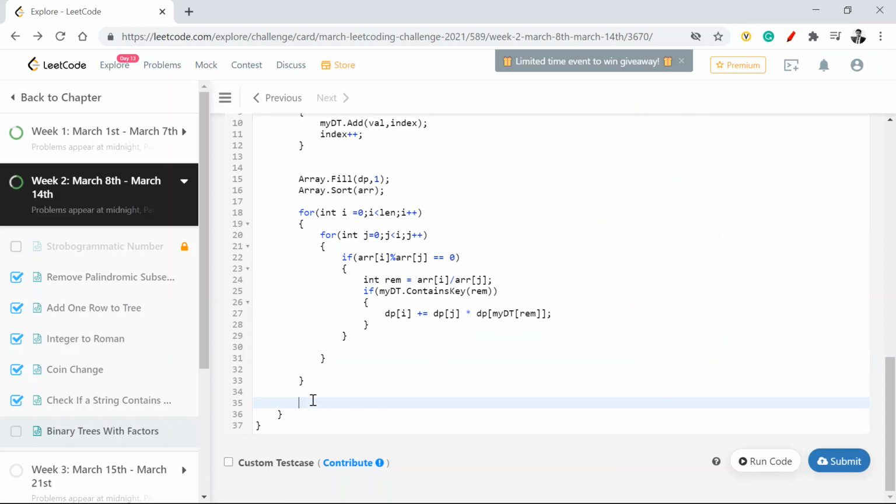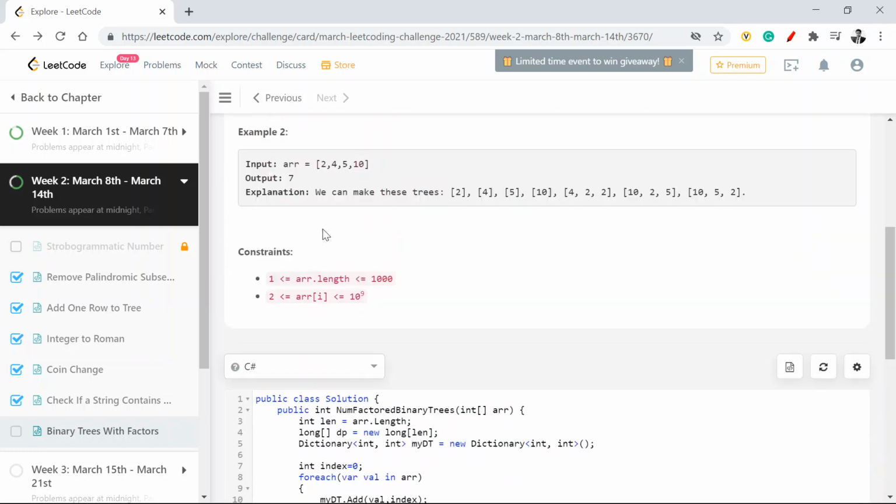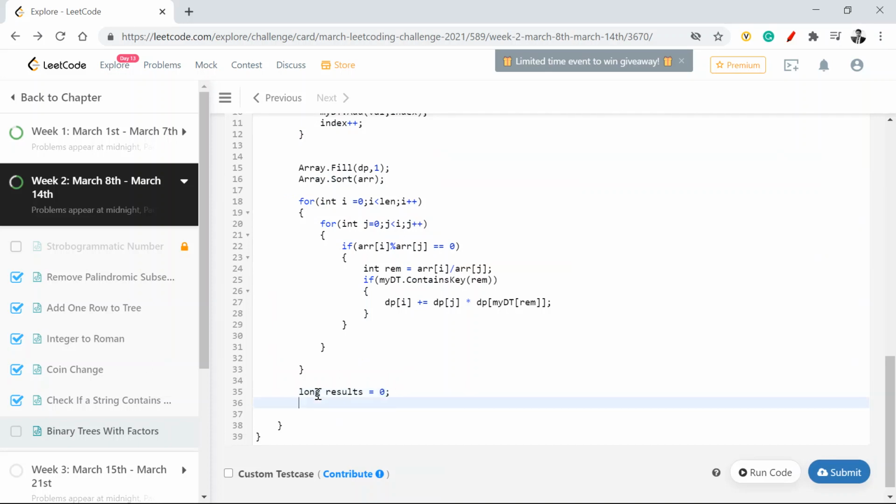Once I'm outside this, I'll have my DP, which will contain all the combinations you can get for a given node, that node being a parent. So I'm going to create a results and return it, but since it can be greater than that, we need to create a long results equal to 0.